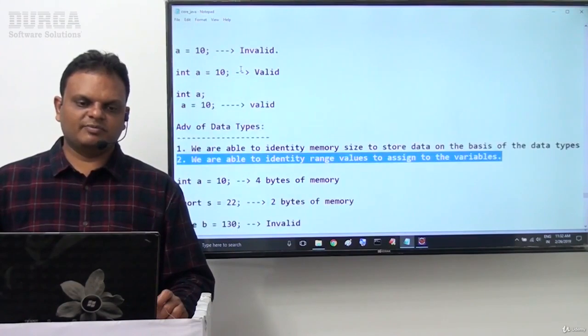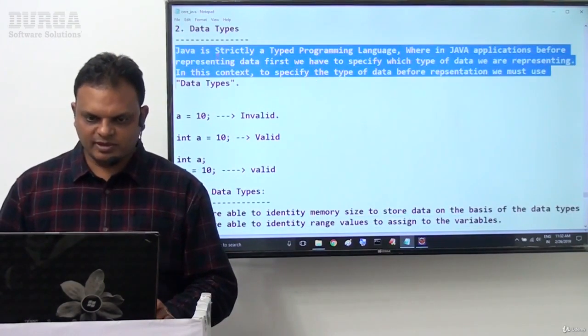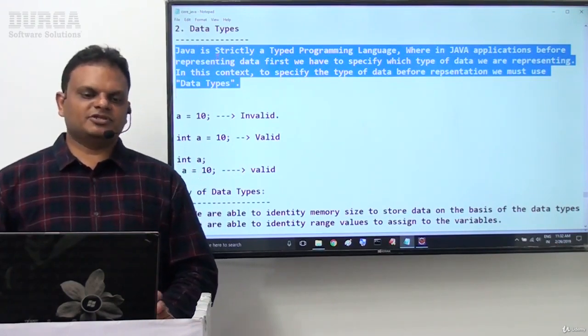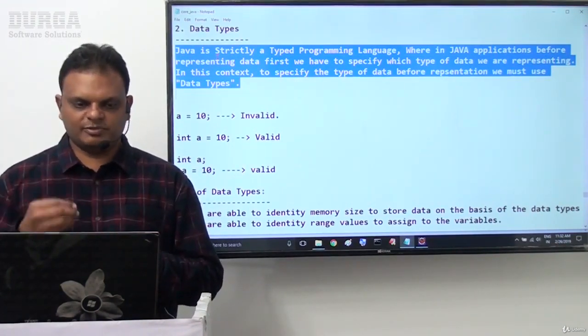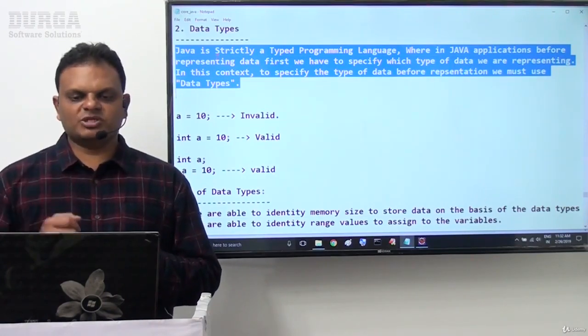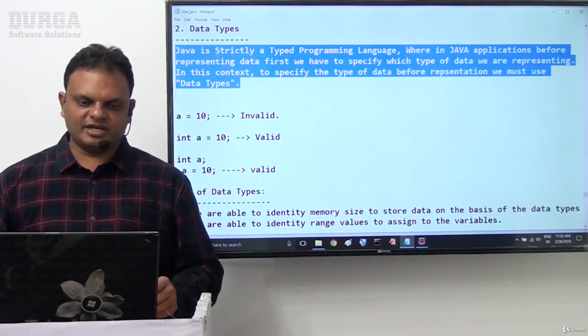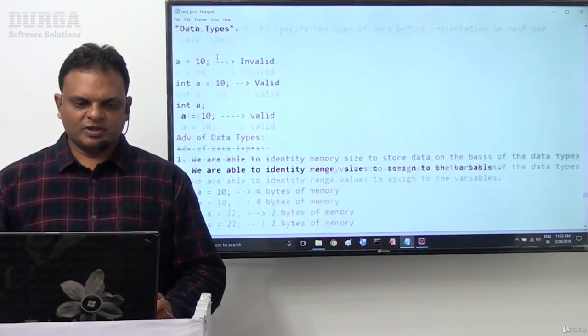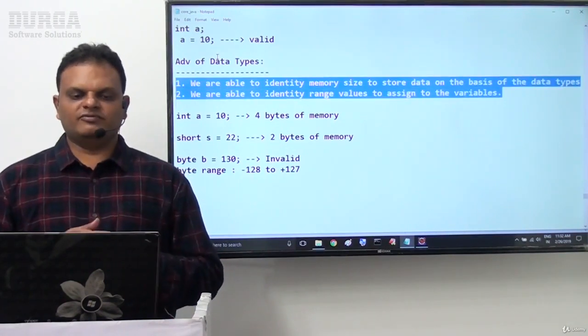Finally, what is the purpose of these data types? Java is strictly a typed programming language, wherein before representing data in Java applications, first we have to specify which type of data we are representing. To specify the type of data before representation, we must use data types. Two advantages are available for data types.